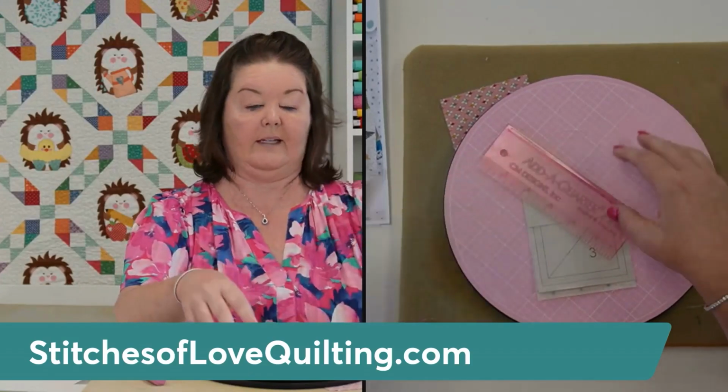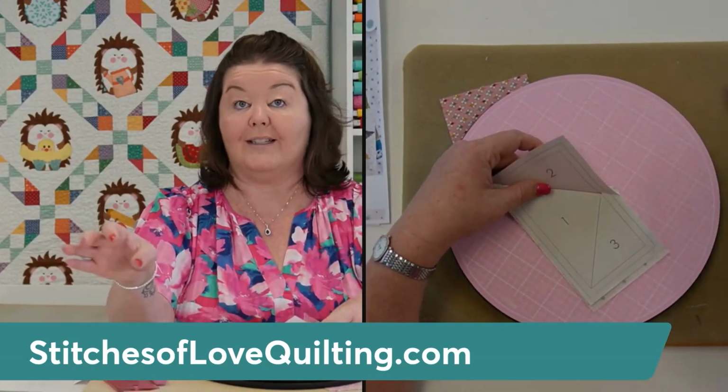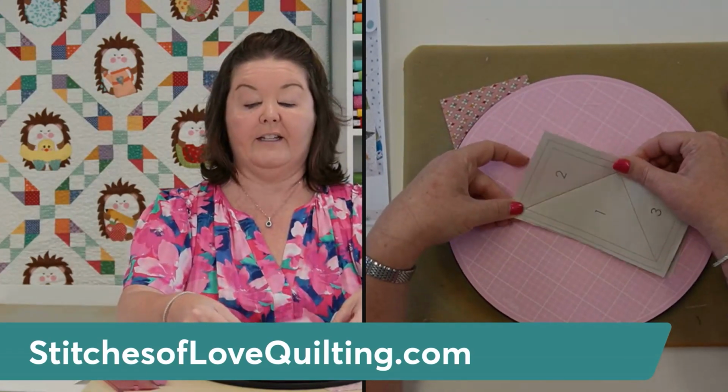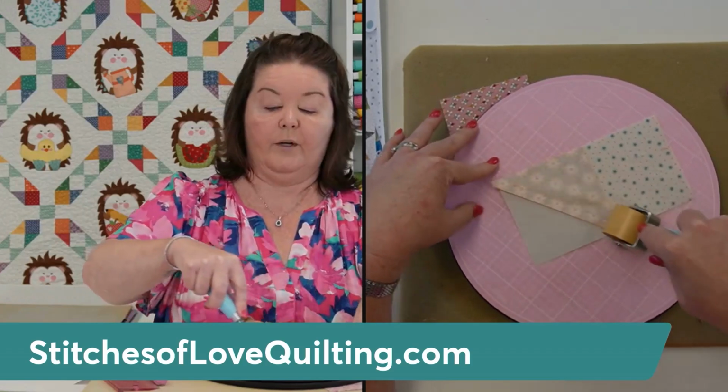You can save these and make something else. You could do little piecing. You could make a really cute project bag maybe with your extra fabric, or you can just toss it. That's fine too. So now that that is trimmed, I'm going to take my roller and I do one roll,